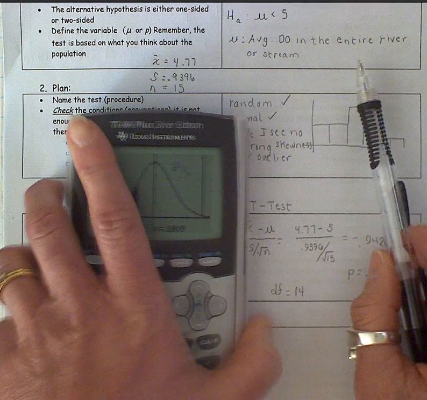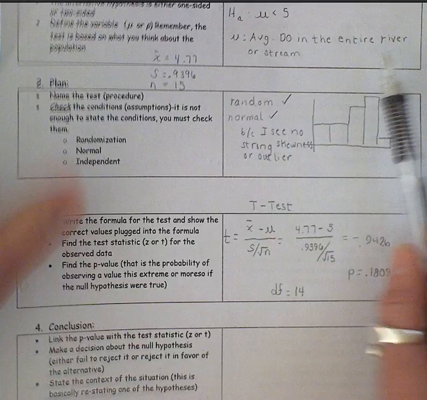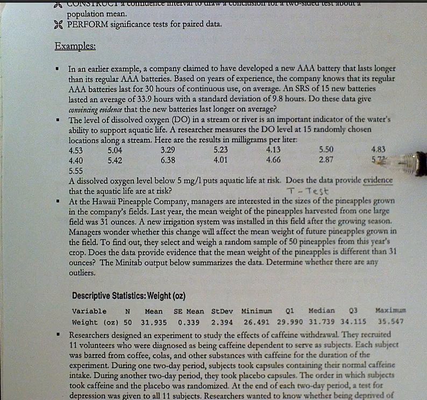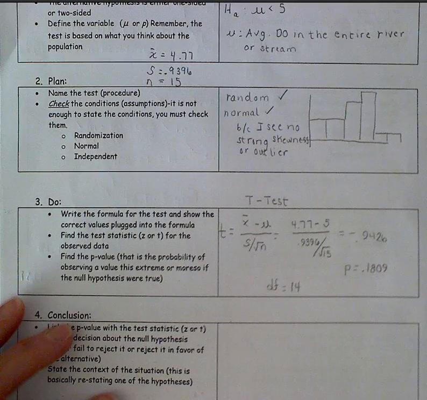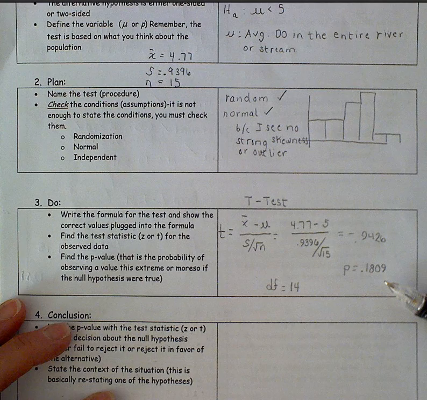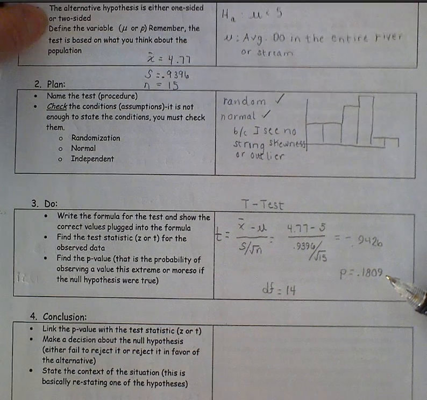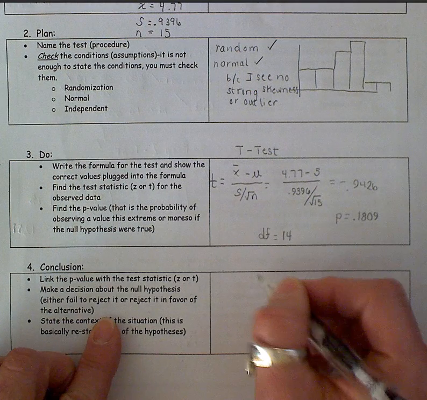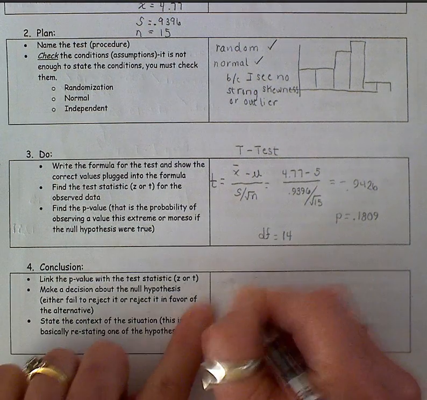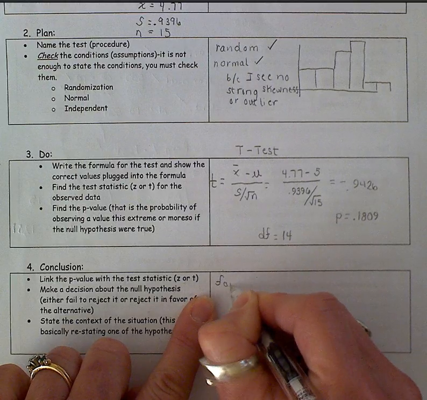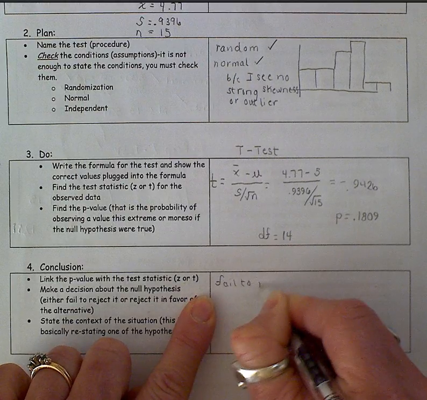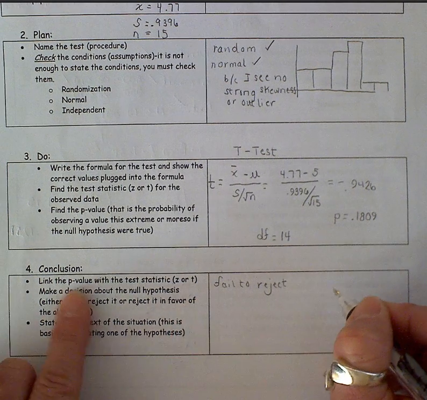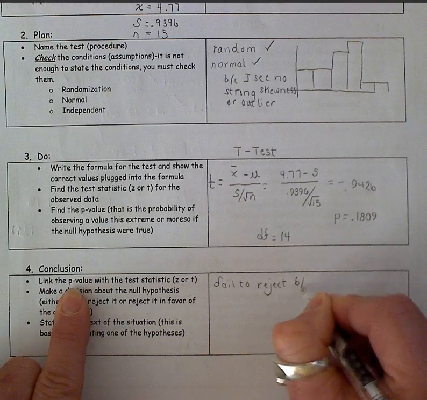Now, was I given a level of significance in this problem? No, I was not. So the level of significance I can use is 0.05. Is my p-value more unusual than 5% chance? Absolutely not. So what's my decision? I don't have statistically significant results. I fail to reject the null. Why? Just like with our one proportion z-test, we want to link it to the p-value. So we want to say because my p-value is large,